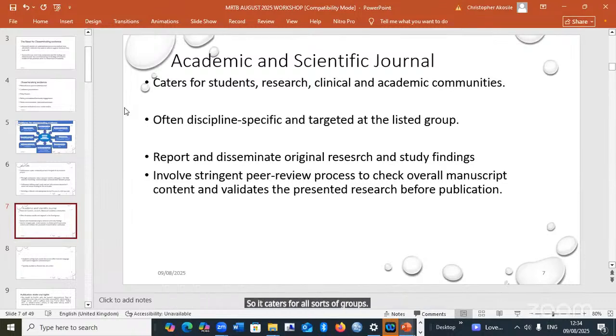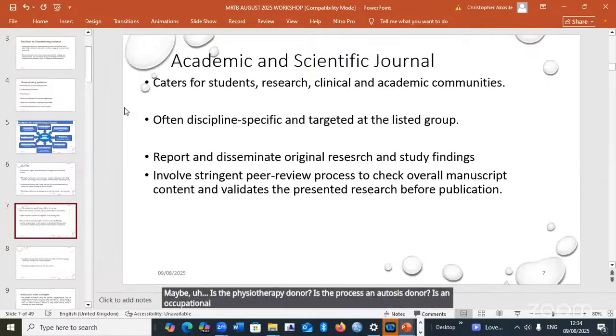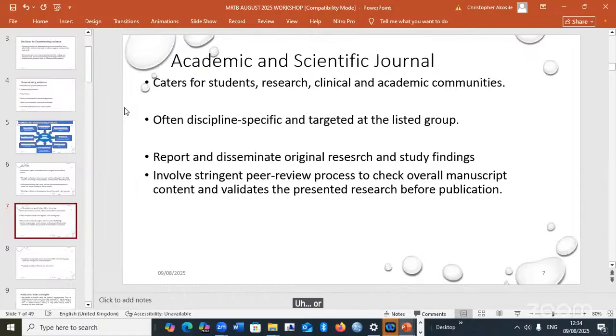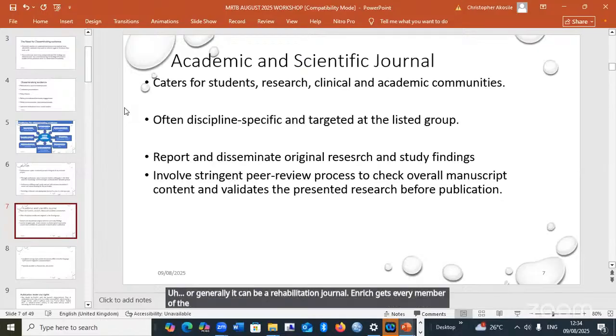They are often discipline specific. Maybe it's a physiotherapy journal, it's a prosthetics analysis journal, it's an occupational therapy journal, or generally it can be a rehabilitation journal, in which case every member of the rehabilitation group can benefit.